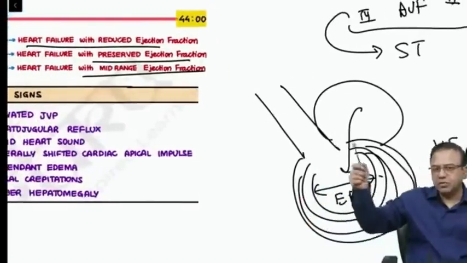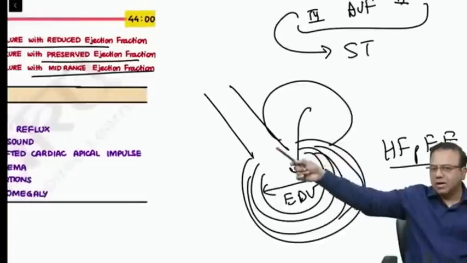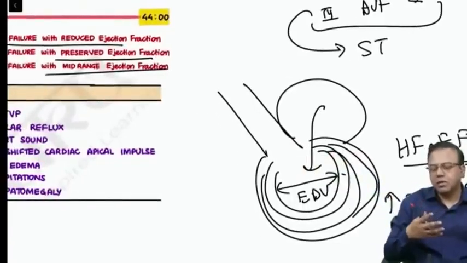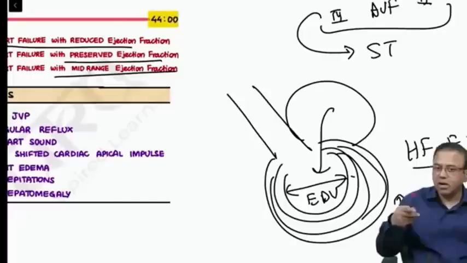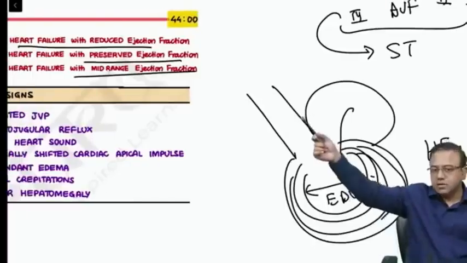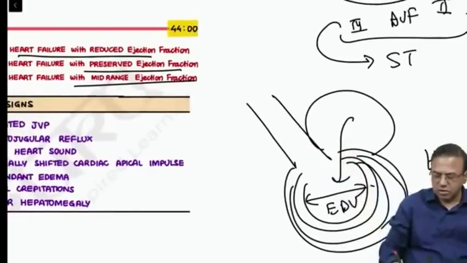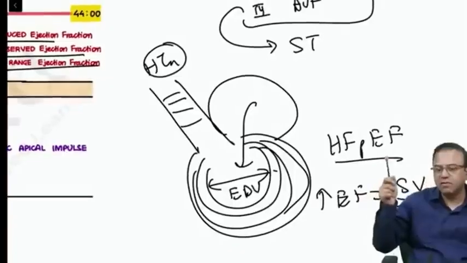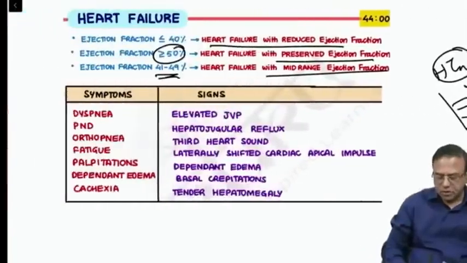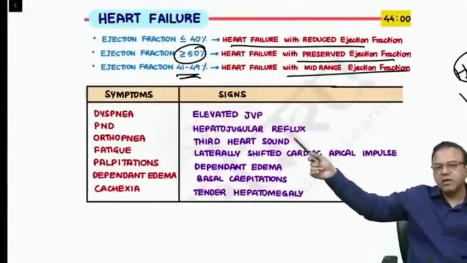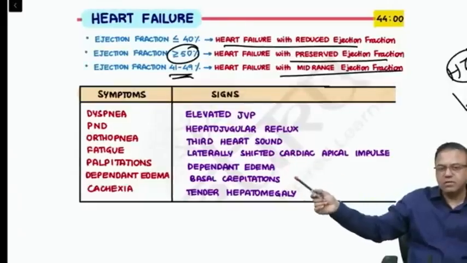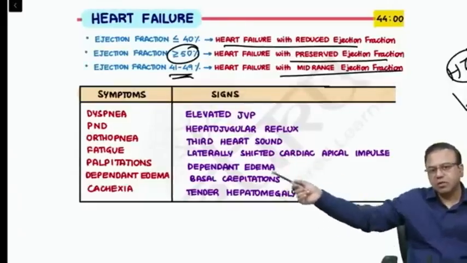It occurs with hypertension. So sometimes in MCQs they'll tell you the patient has hypertension, raised JVP, pulmonary edema. What's your diagnosis? And I've seen students ask me, sir, how can hypertension be there in heart failure? It is the hypertension that caused the heart failure. So that's why hypertension is still there. This patient has hypertension, but simultaneously has heart failure, and this is called heart failure with preserved ejection fraction. So what are the features of heart failure? Raised JVP, hepatojugular reflux positive, third heart sound, shifted apical impulse, crepitations, edema, and you know the dyspnea, orthopnea,